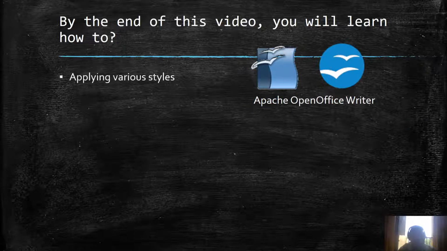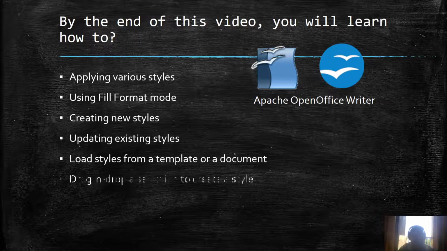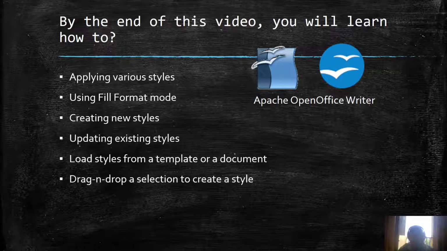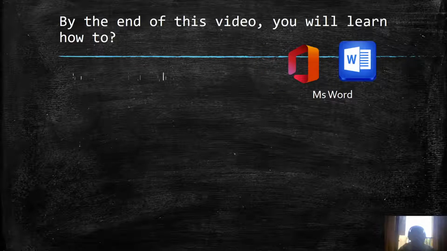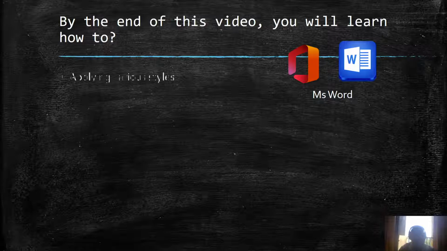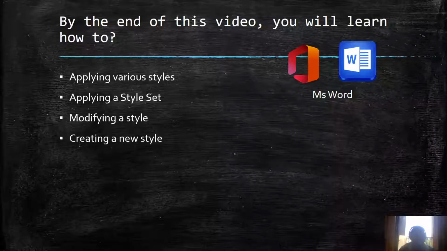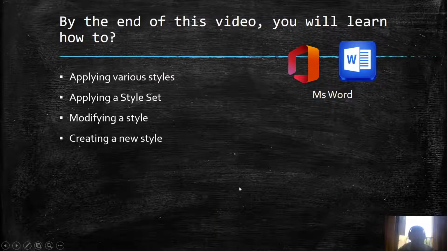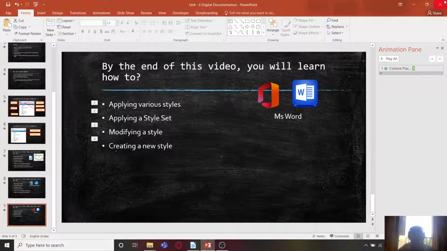Then in Apache OpenOffice Writer also we are going to see more or less the same options. And in MS Word we are going to see applying various styles, applying a style set, modifying a style. In MS Word the things are much easier, hence we have very few topics in MS Word. So we are going to use all three softwares and see how styles can be applied on each.